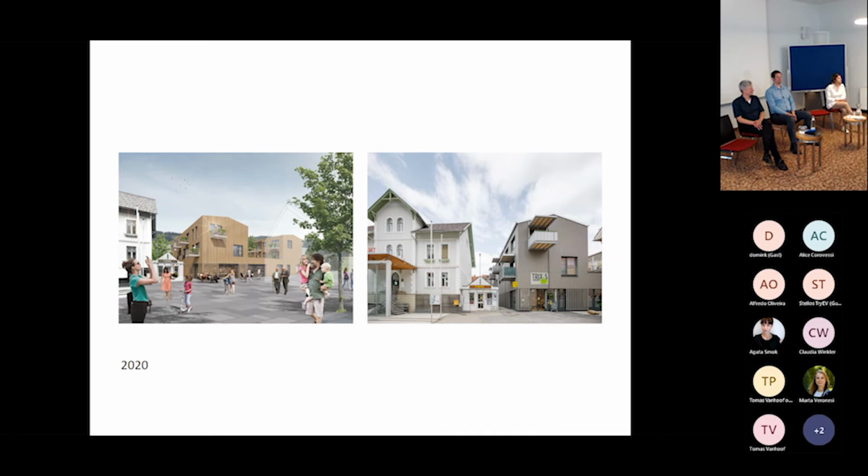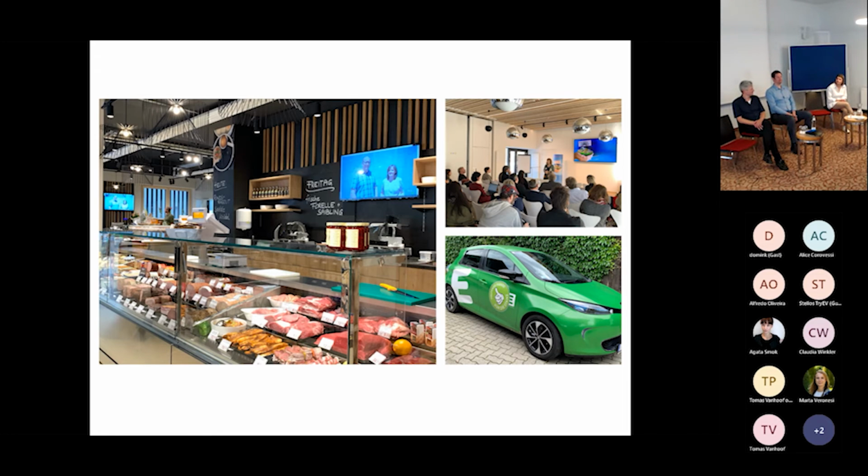And in 2020, we were able to reopen the first shop there, oriented on organic and regional products. Also, we have this new meeting room at the municipality where we have conferences and open spaces for the people in our community, but also initiatives like the communal e-taxi. It's driven by 20 volunteers. They're making a real affordable new mobility